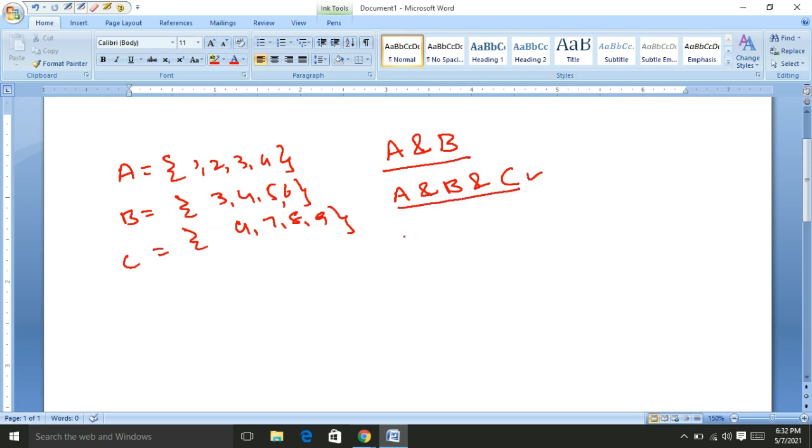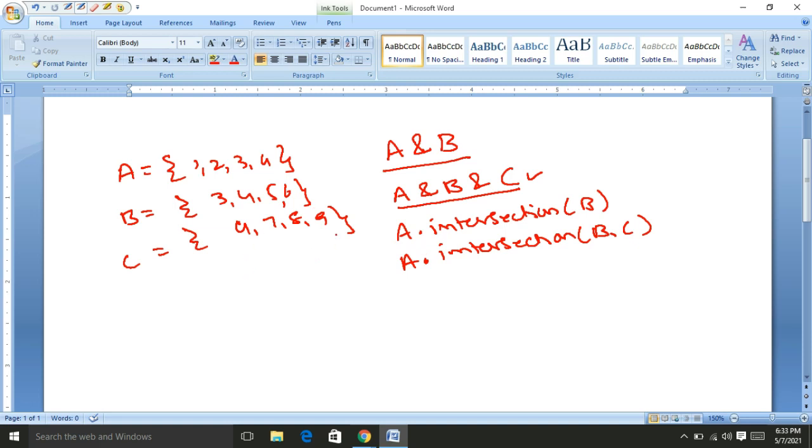If I use the intersection method, I write A dot intersection of B. Suppose we have more sets, then we write A dot intersection of B comma C. Okay friends, this will print the common elements between A, B and C.